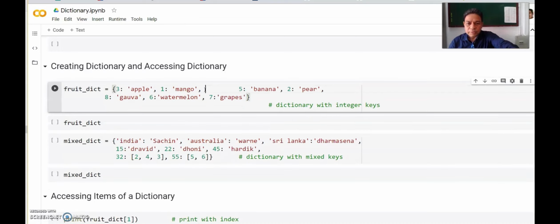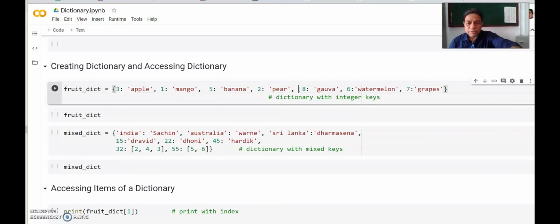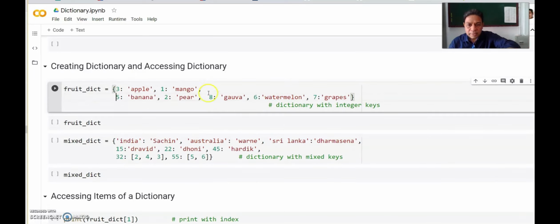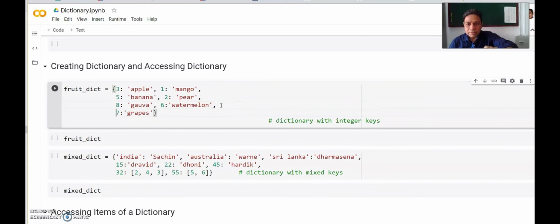Now it was written like this earlier in one line. Since the length was more, I pressed enter here like this, and I pressed enter here. It has one and the same meaning. You can write it in 3 different lines or one single line. Even if you want, you can take this one down, it's okay. If I run this,